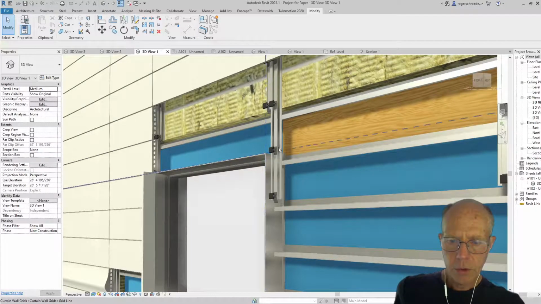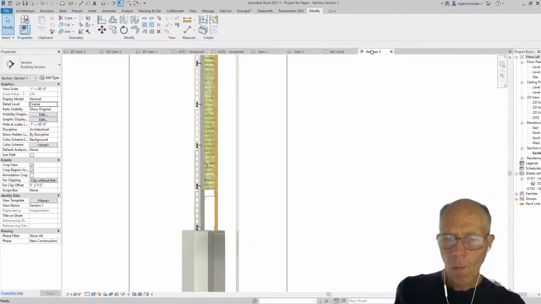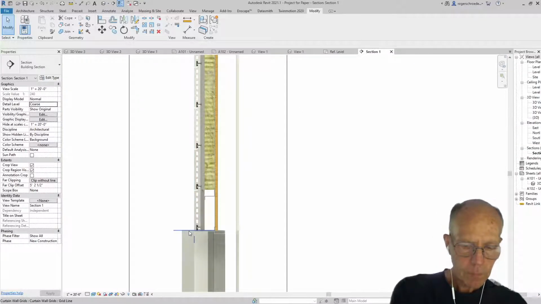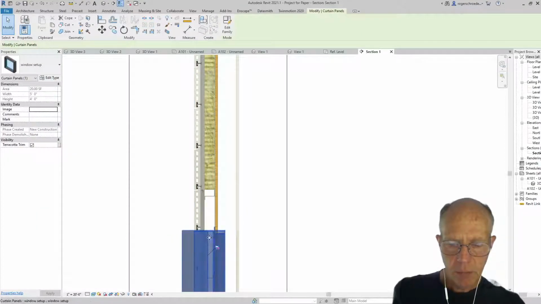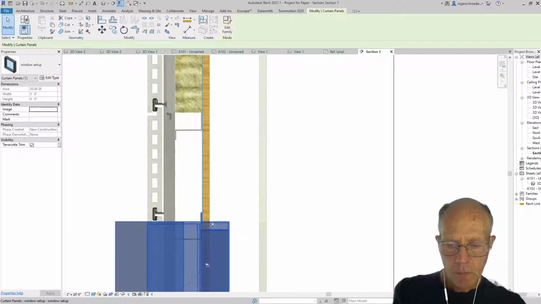And the important part here is just to show you this depth that's happening in this section cut. And if we actually went to the section, actually let me go ahead and take you into the window element that I developed, because I've got a component showing that I actually want to get rid of. So you can see this has a little edge on it to catch